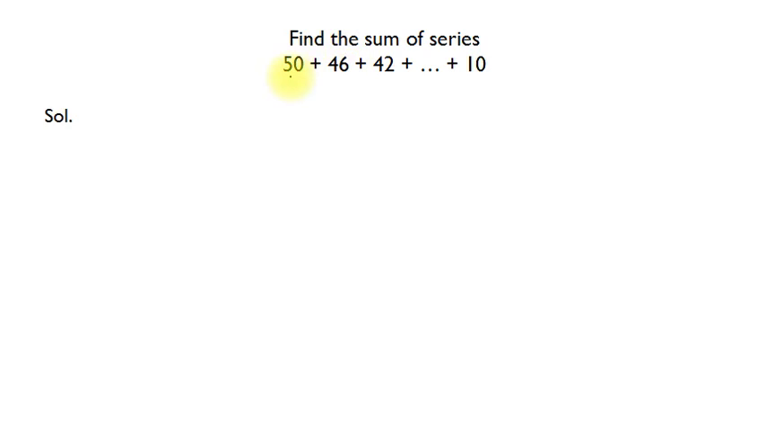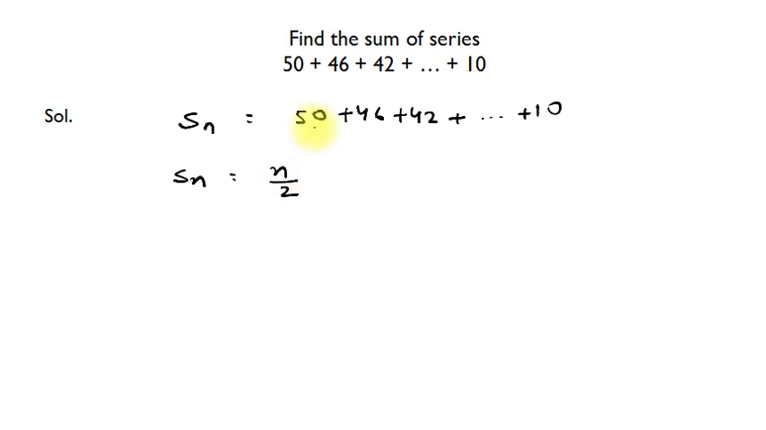Now here we have a given series. The difference between a series and a sequence is that a sequence is separated by commas, and a series has a plus or minus sign between two terms. Now here we have to find the sum of the series. So the sum can be written as Sn, and here the series is 50 plus 46 plus 42 up to 10. Right? Now as we know, Sn is equal to n by 2,